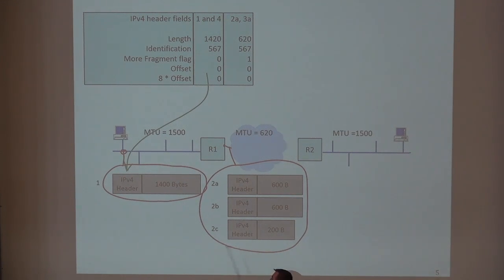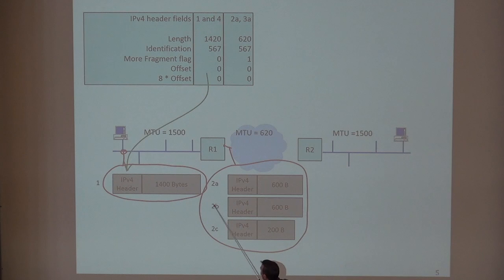For every source IP address here, the packets are numbered by incrementing by 1 for every new packet sent. So this packet has received the number 567. The 3 fragments will have the same number. This is what will be used to glue them together to recreate the same packet. Then there is an offset which says where in the original block of data this block belongs. Here is the first, so the offset will be 0.